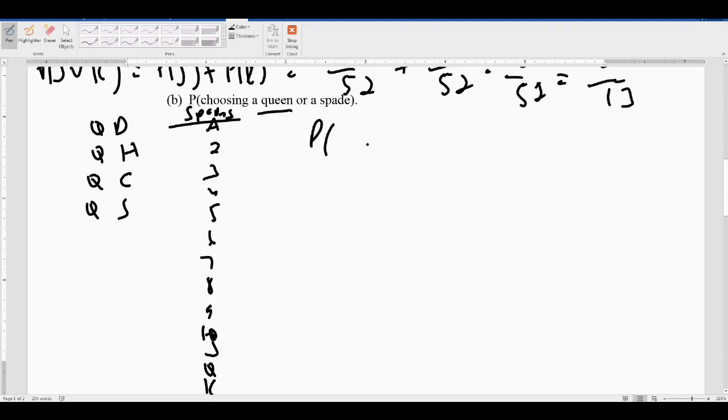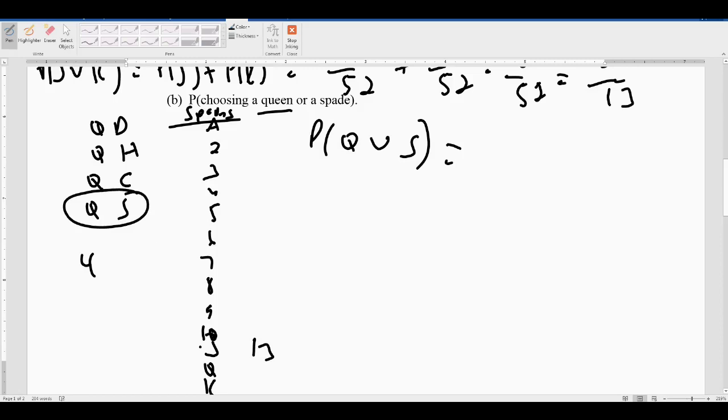So I'm going to find the probability of choosing a queen or a spade. There's 2 ways I can do it. One way is I can just count. How many queens are there? There's 1, 2, 3, 4. 4 queens. And how many spades are there? 13. But notice